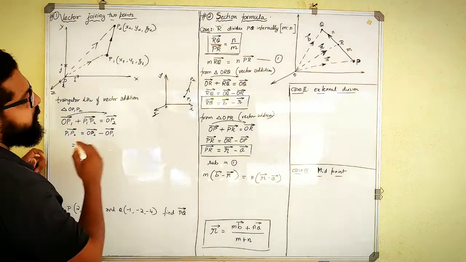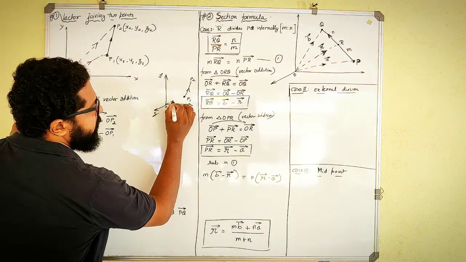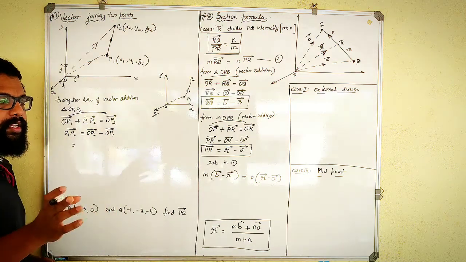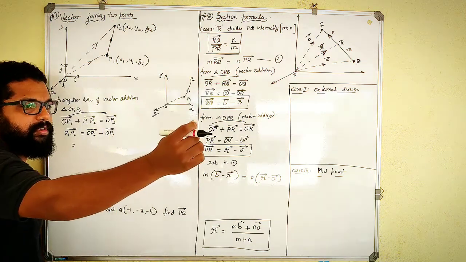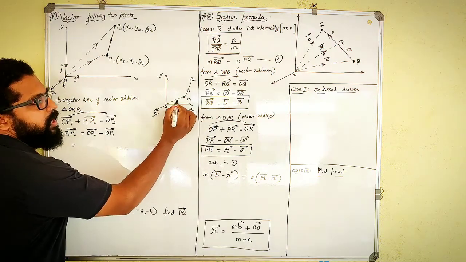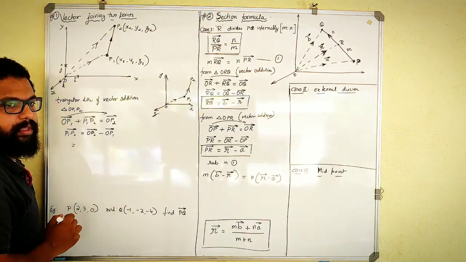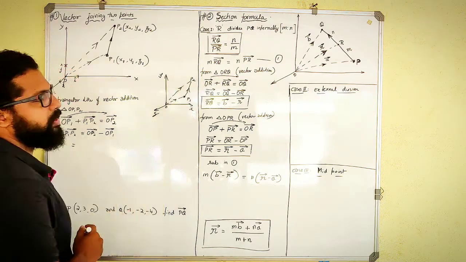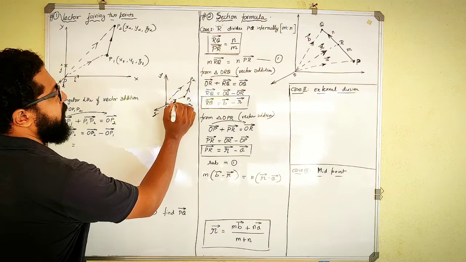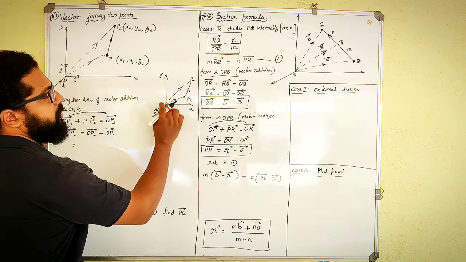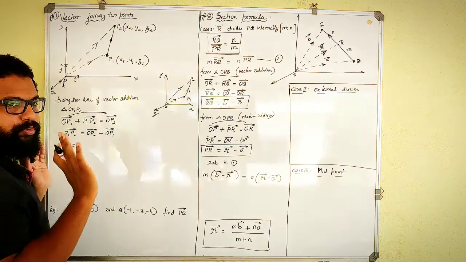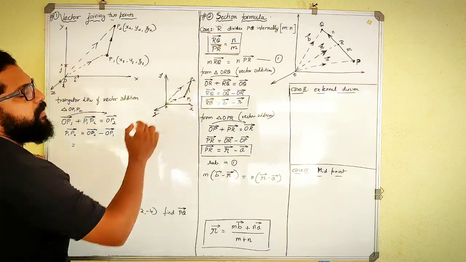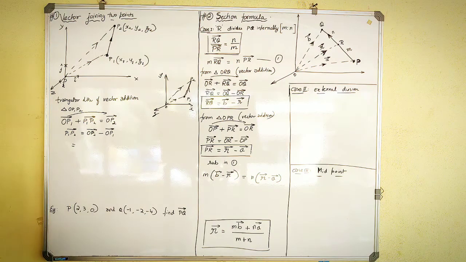Then let me join the position vector of P1. A position vector is nothing but an imaginary line joining any point in the 3-dimensional system to the origin, and this is my position vector. Then another position vector for P2. The first position vector is OP1, and the other is OP2. The actual vector whose equation you need to find is the vector P1P2. Remember it like that.